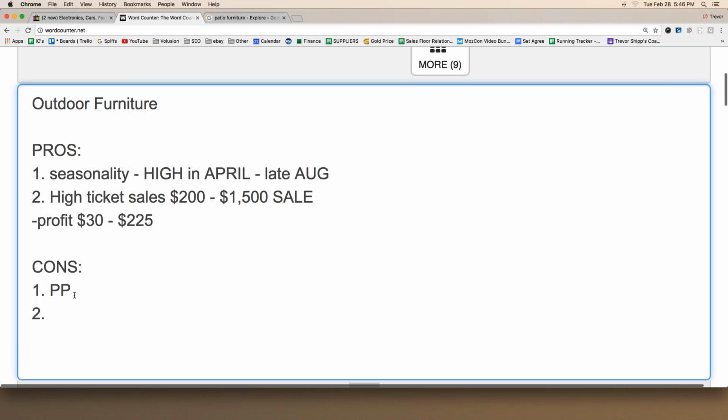Yeah. Who mentioned that? PayPal holds. Howard. I agree. If you're a newer seller, it can be difficult because if you sell an $800 piece of furniture, well, you'll collect the $800 in your PayPal account, won't you? But you won't be able to use that $800 to buy your piece of furniture because PayPal has it held